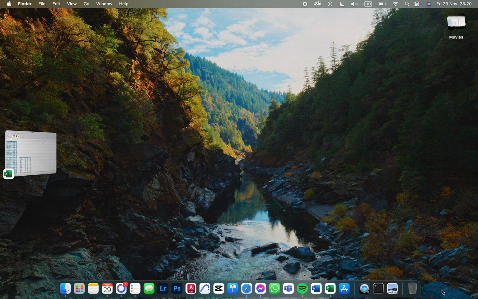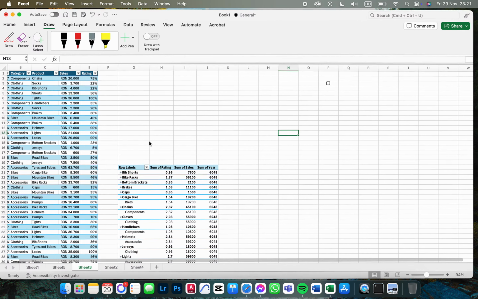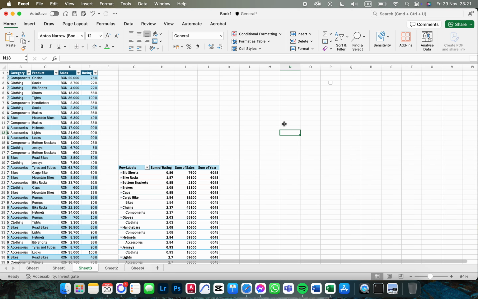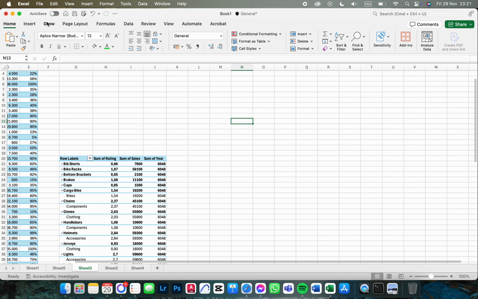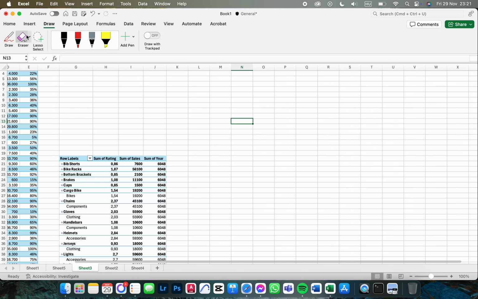In this video I'm going to show you how to draw in Excel. First we have to open up the app, and here it opens up like this. From here we just go into the top row, click on draw, and here we have to select the pen